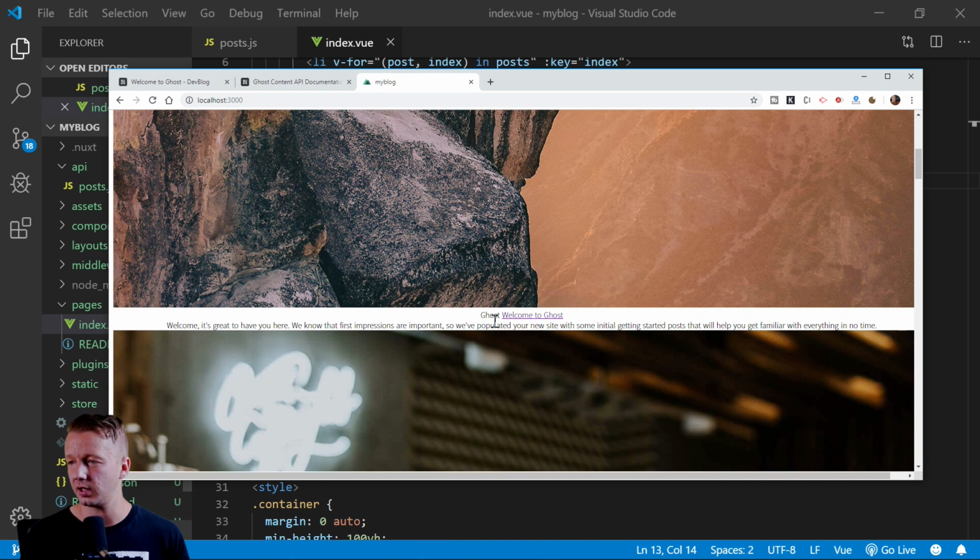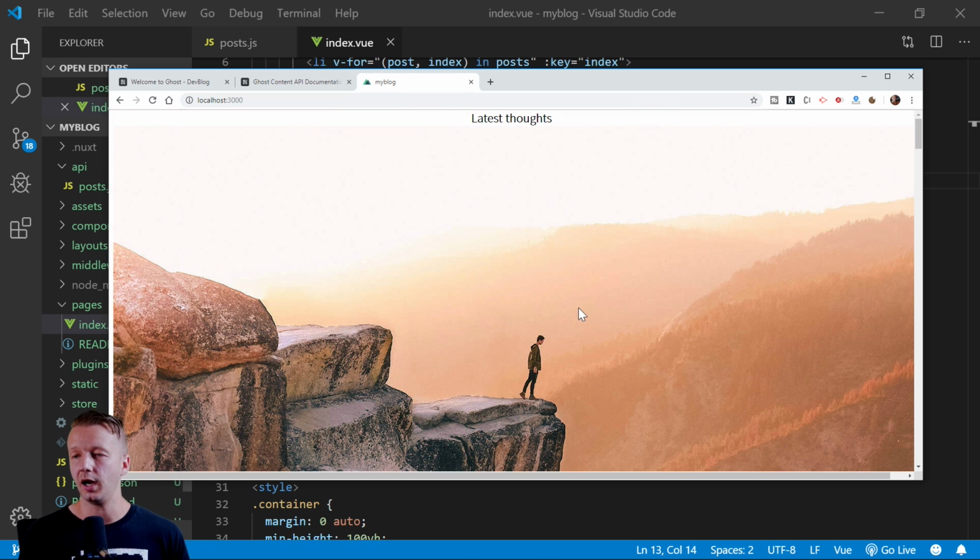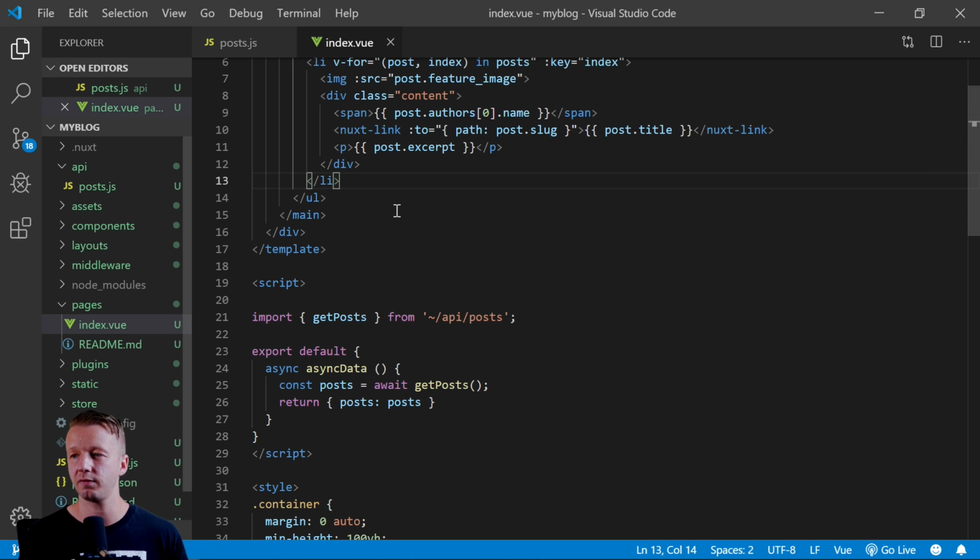Where does it say this? Welcome to Ghost right there. That's it. It should say Ghost Bro. And we can see, of course, it is real time. And it's our Nuxt blog. Very awesome stuff. So now let's go ahead and focus on more of the front end stuff where we're working